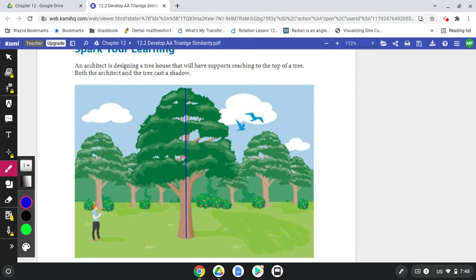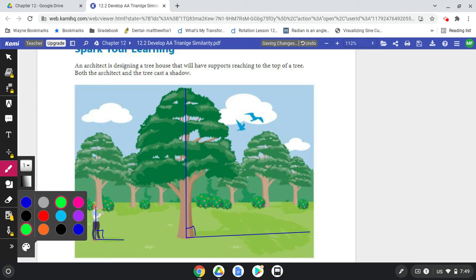Now, it says that both of them have a shadow. So here's this shadow. That is something he could measure. Meanwhile, the height of our architect and his shadow, I would hope we could measure both of those things. We have not talked about this in great detail, but if we know 3 of the 4 parts, we can find that 4th if they are similar. Now, since both of these would be a right triangle,